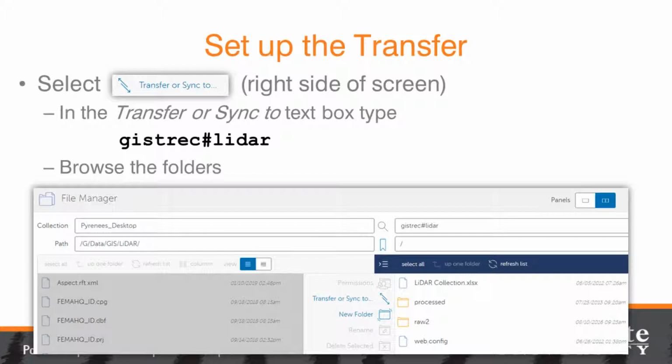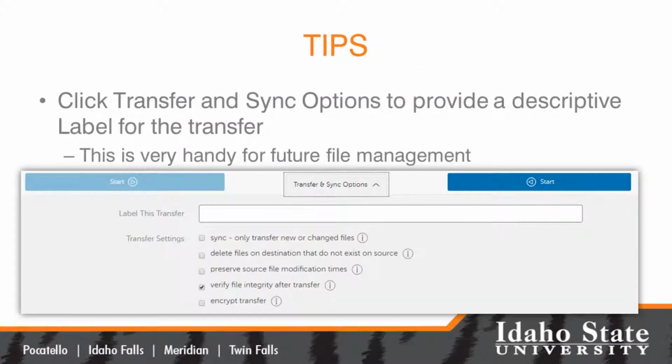And then, very similar to what we did on our own desktop, I'm going to browse the folders. Here's that raw folder I was telling you about. Now you'll notice it says raw 2. So okay, that's where your raw data is sitting, and that's where your processed data is sitting under the processed folder. So you'll select one of these two, and then just step through it until you find your data. And remember, I was looking for the Bear Lake data. I would go maybe to processed, then I'd go to Eastern, and so on and so forth. Once we find that data, well, I guess before we even go that far,